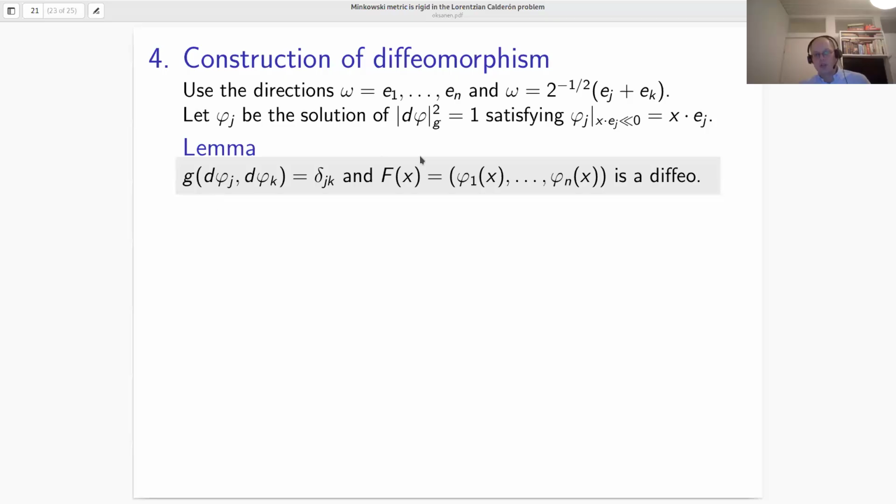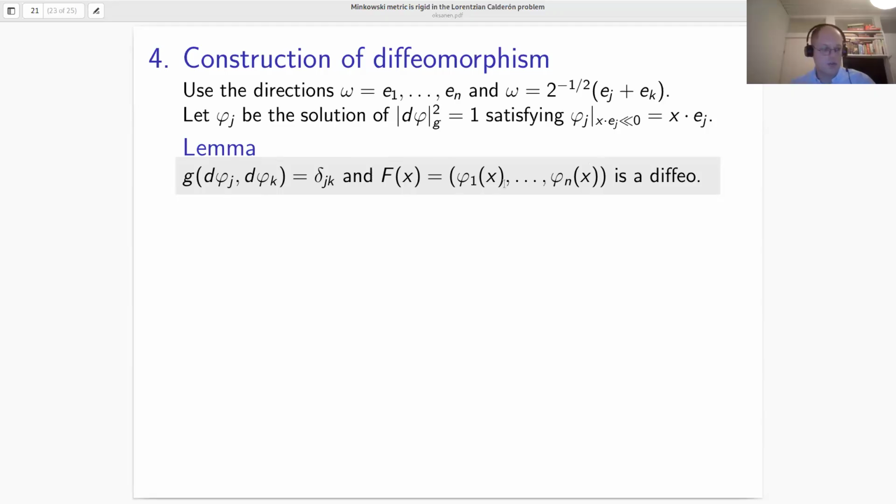So it in particular shows that this derivative of f, the differential of f, is going to be injective, because all the columns here, the derivatives of these columns, are linearly independent by this first part. And then to see that this f is a global diffeomorphism, we need to work just a little bit more,